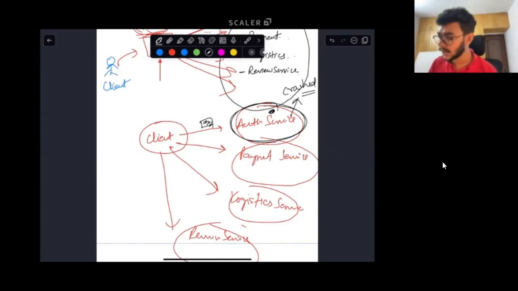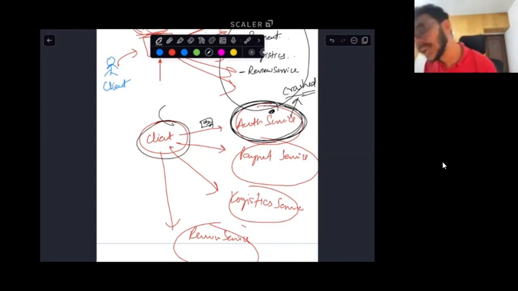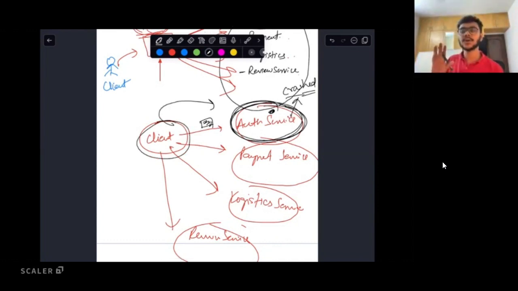Let us say the authentication service, while it was functioning, crashed. So can you understand that the client will have to re-deliver this event? Is this point clear to you? While the authentication service was processing this event, and let us say did not have it cached or stored anywhere, in that case, the client will have to re-deliver the same event again. Please give me a +1 if this point makes sense to you.